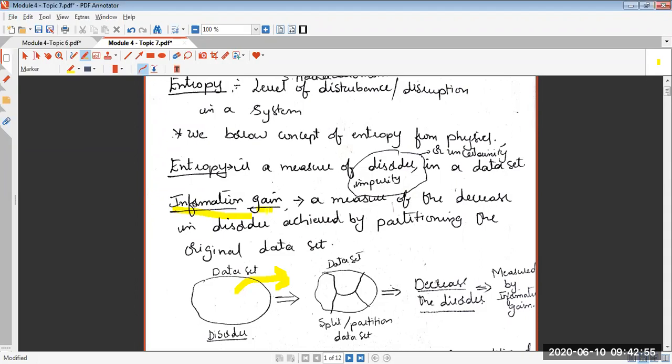Now you can start relating it to the decision tree. Please remember, a decision tree will have nodes and different branches. The branches are nothing but the split or partition that you are seeing here. Try to relate. Why have we done the partition? Just to decrease the disorder. Starting from the root node to reach the leaf node, we have done the splits or partitions, because the input data that enters the root node can go to a leaf node. And what is a leaf node? In a decision tree, a leaf node is nothing but the final decision. Each leaf node is a class, so that is the final decision.